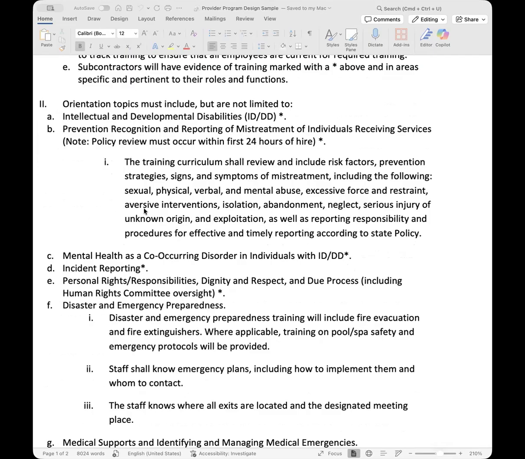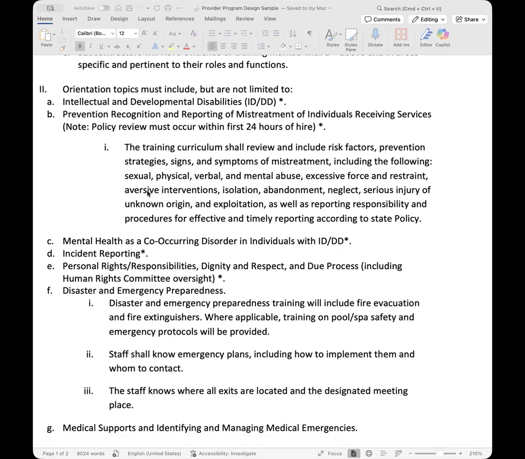This training essentially will outline what a person with intellectual and developmental disability is, so that your employees can have a clear understanding of who they're supporting, which is super important. The next training would be prevention, recognition and reporting of mistreatment of individuals receiving services, which falls under abuse, neglect, exploitation.